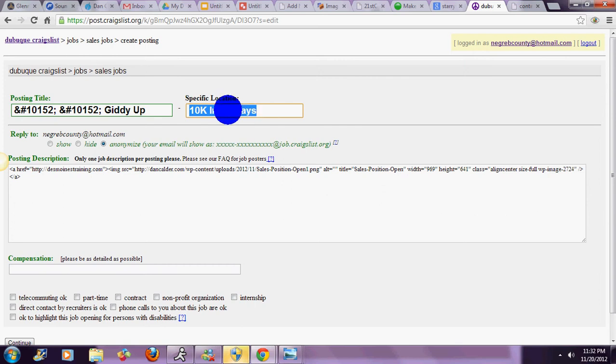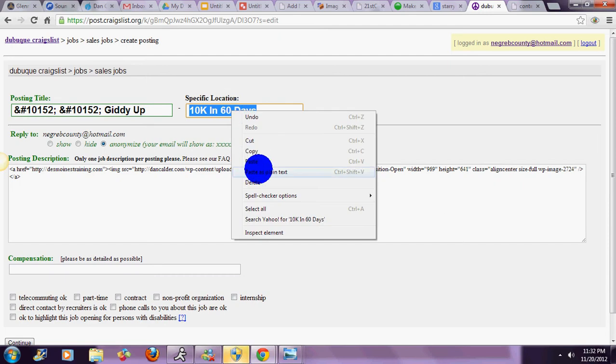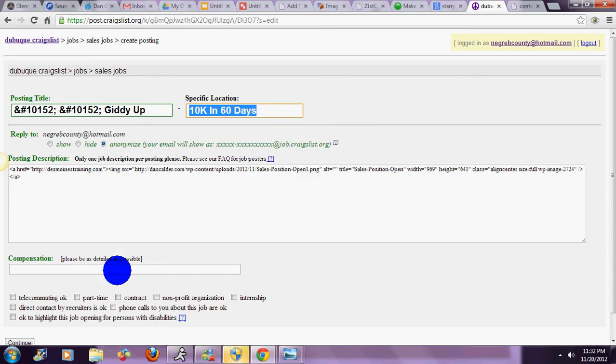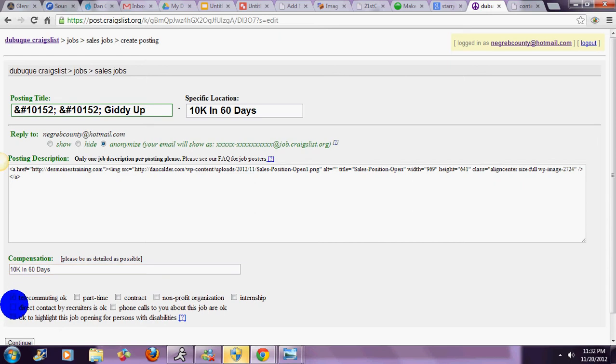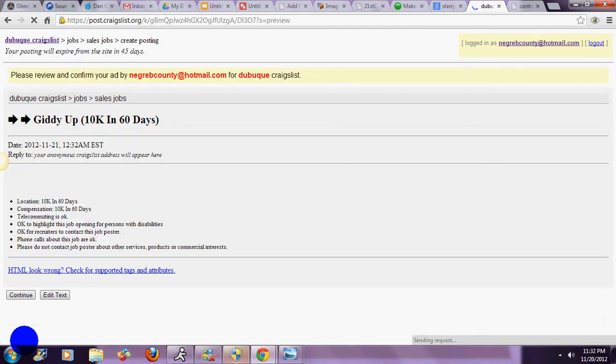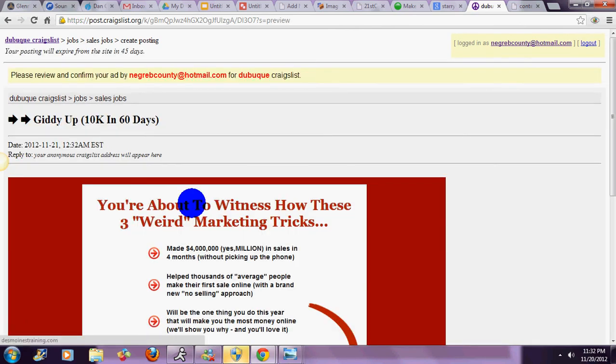Anyway, as soon as this unfreezes, I'm simply going to copy. There we go. Again, for speed's sake, I'm going to copy that because that also fits for commission compensation. Excuse me. And then I'm going to click some buttons and hit continue, and you will see as soon as this loads that I've got a very compelling, professional-looking